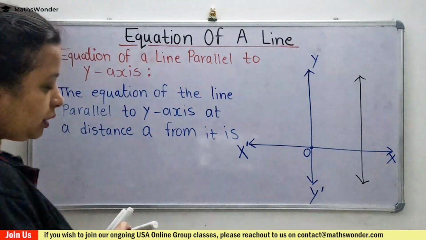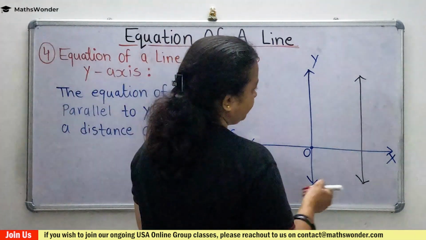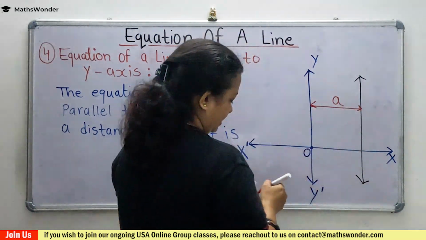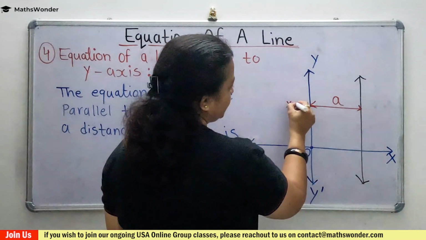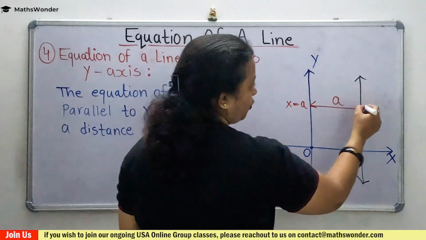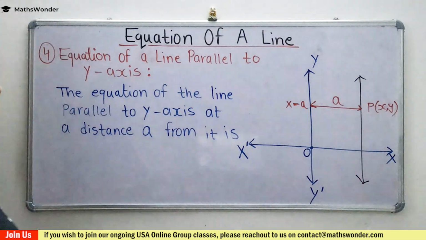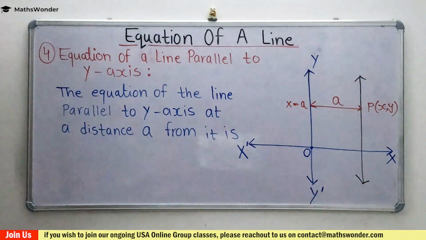This is the y-axis, right? So the distance I have taken is a, and this is x equals a, at this point, and this point P(x, y). Okay, so now come to the